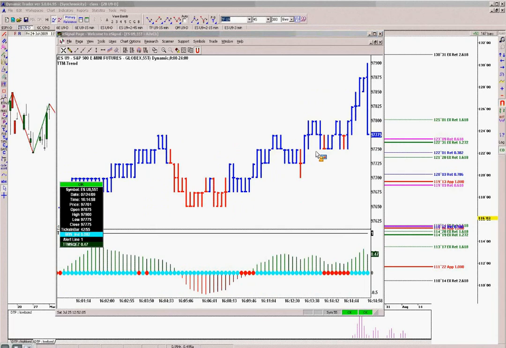Okay, there was one question, do I use market internals? No, I don't. I don't have time to look at it, and I've never really needed it. I do know some of my traders do look at it, and it helps them make their decisions, but I do not use it in my decision-making process.